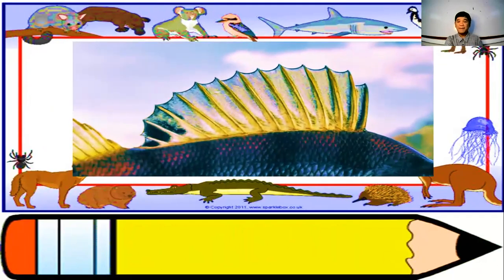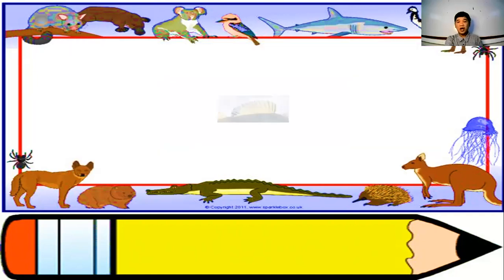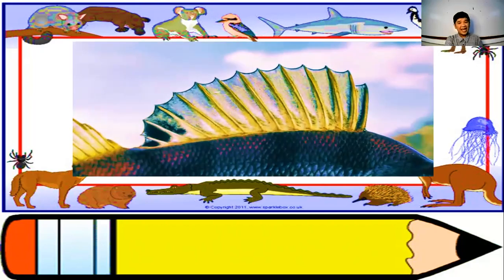What do you call the body part of this animal? Again, what do you call the body part of this animal? Very good. We call it a fin. That's right. Next,